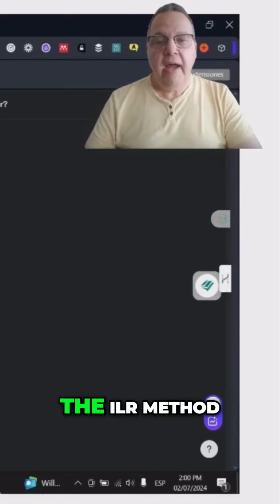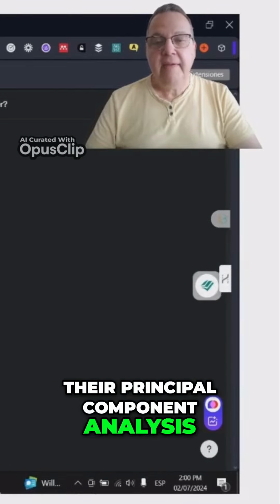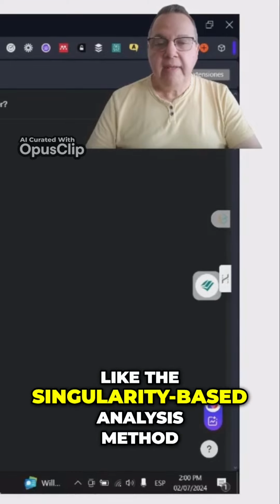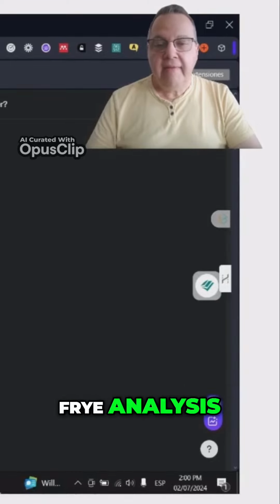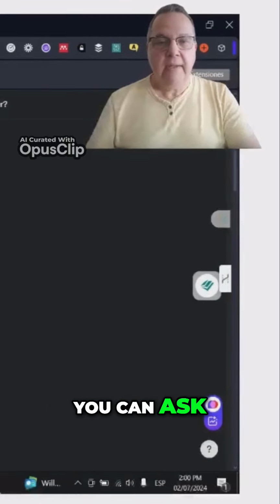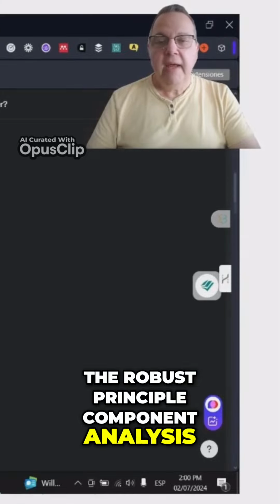So they have the ILR method, their principal component analysis, but they also have other methods like the singularity-based analysis method, Fry analysis, etc., which are less common. Well, you can ask, please explain to me how to use the robust principal component analysis, and it will give you